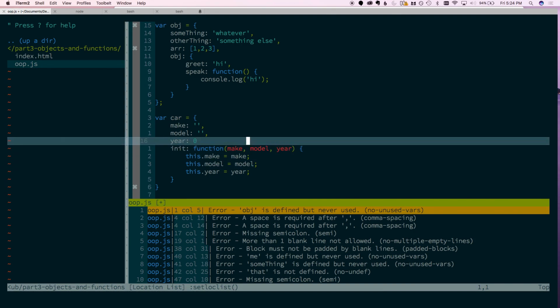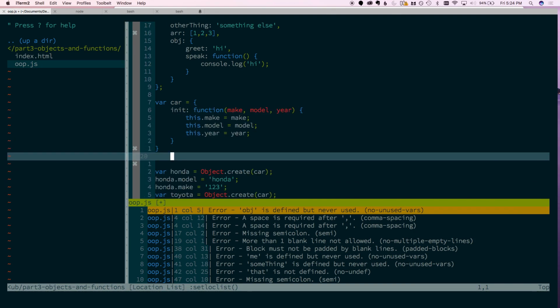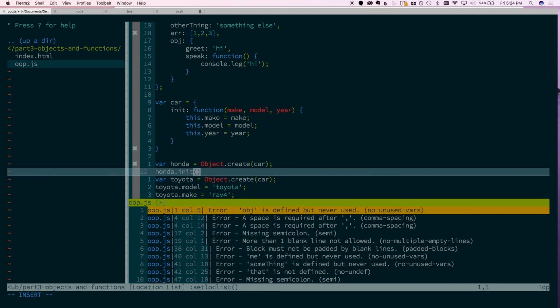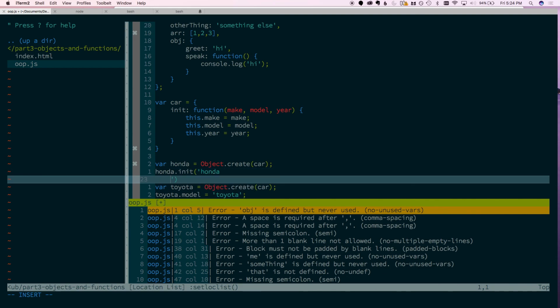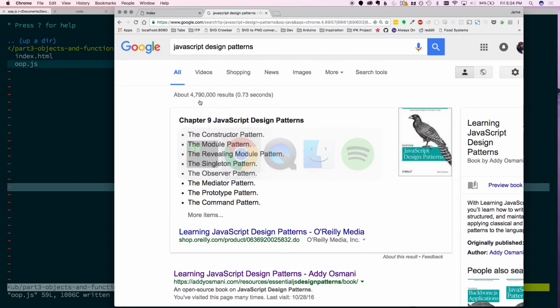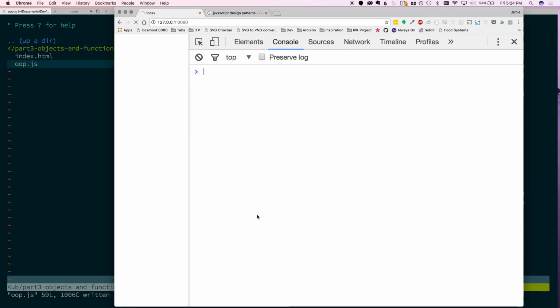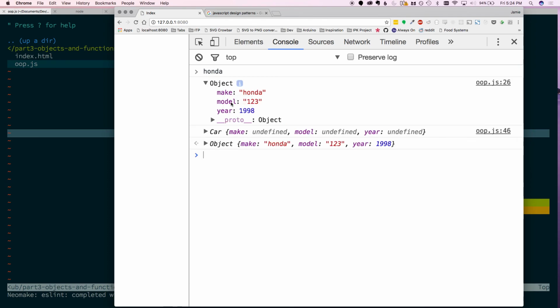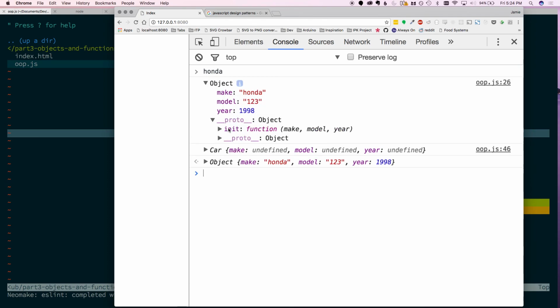I would get rid of this stuff. And then when I create a new car, I don't have to set it here. I then just say honda.init, Honda, make, which was whatever, and then year is 1998. And then we'll look at that guy. Honda is year, Honda 123 1998, and it's got my init function, which you can think of as